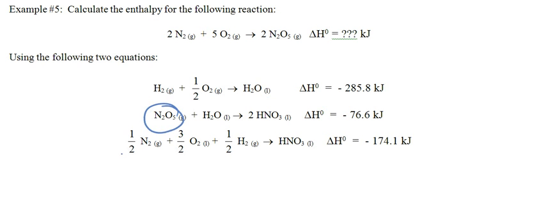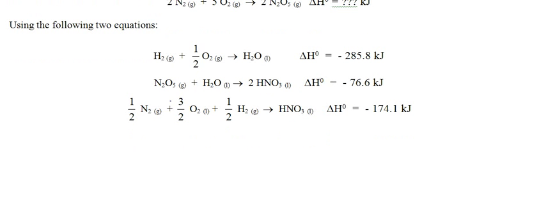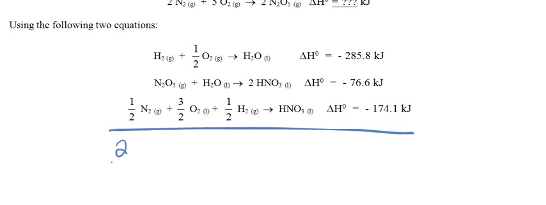However, N2O5 only shows up in one of these mechanisms. If it appeared in more than one, I might be a little hesitant to start with this one, but since that's the only place that N2O5 starts, that's the equation I'm going to start with. Since N2O5 is actually a product, I'm going to flip this equation. So I'll have two nitric acids on the reactant side, which forms